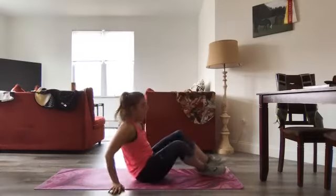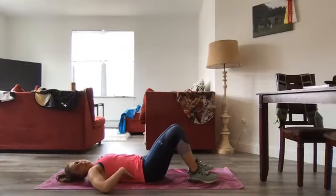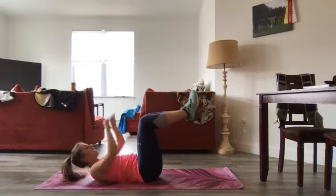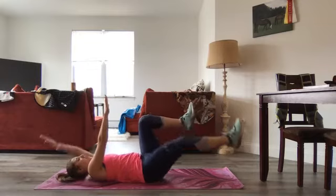Flipping it over, we're going to start over with those dead bugs. So laying flat on our mat here. Keeping that back flat, not letting that come off the mat. Legs are up in table, arms are straight up. And we're going to alternate legs and arms extending. We got 20. Here's 1, 2,